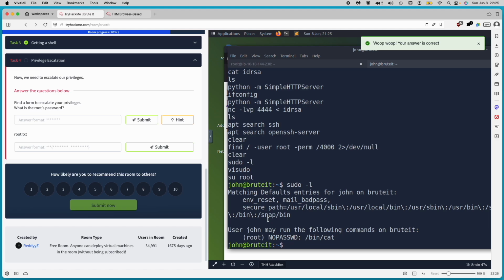It says user John may run the following command as root without a password: /bin/cut. So what we can do is run cut as root, it seems. Let's try that. And that's very useful because cut allows you to view files. The passwords on Linux are stored in the /etc/shadow file. If we simply try to cut it,